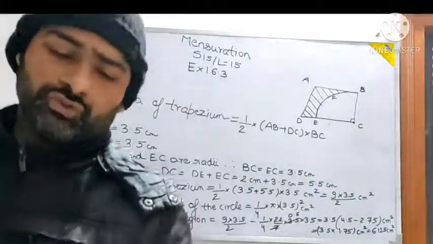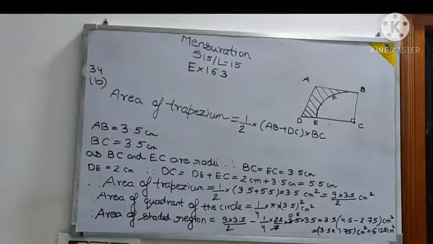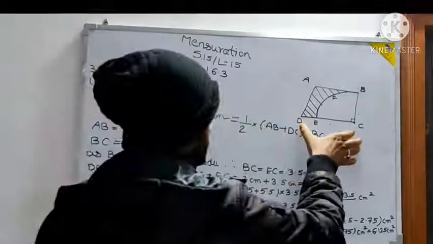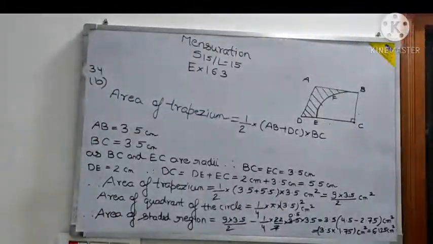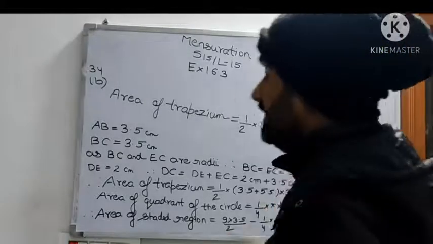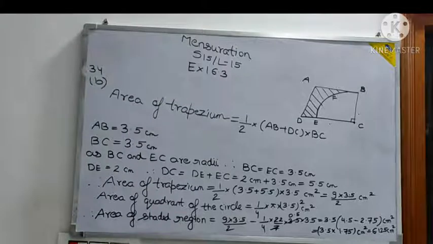I don't think this question is at all tough. The only thing was for me to show the necessary information regarding this, because first of all, here two things are involved. One thing is the trapezium, other thing is the circle. First you will calculate the area of trapezium. In calculating the area of the trapezium, there was some burden here because BC was not given to you directly. DE was given, and you consider that C is the center of the circle. So since C is the center of the circle, BC and EC will be equal.